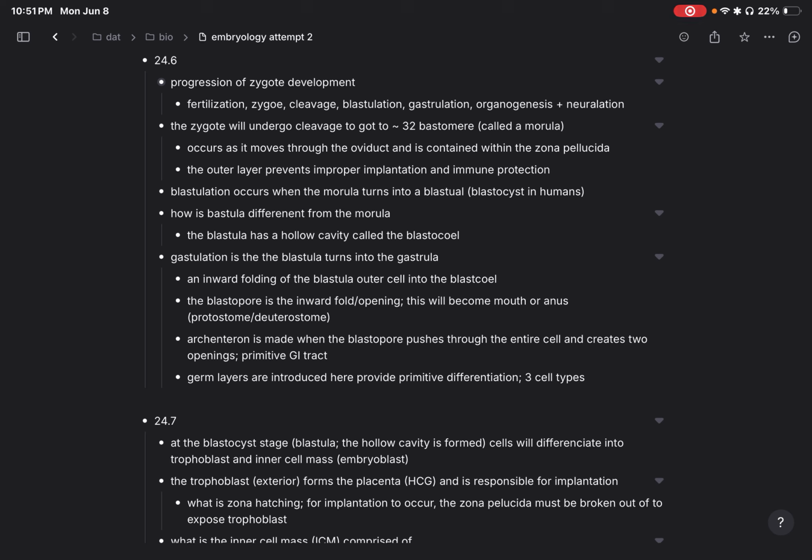So this cleavage is occurring as it moves through the oviduct, and it's contained within the zona pellucida. Why do we need the zona pellucida? Well, it's important for preventing improper implantation. It prevents the morula from attaching too early, and we'll talk about that a bit later in gastrulation, the importance of the